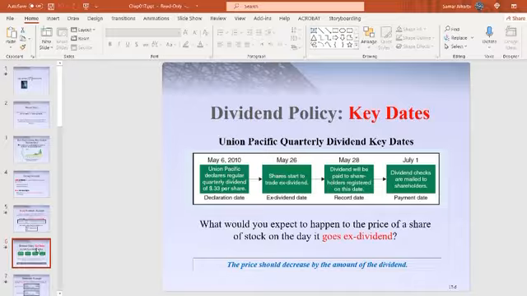It will fall at the state. Why? Think on it. If I am the investor and I want to buy the shares from you on that day, I will buy it at a lower price. Why? Because I know I am not going to receive the dividends. The old owner will receive it. So always the price at this date will go down. The price should decrease by the amount of dividends, and the reduction will be equal to the amount of dividends. Okay?